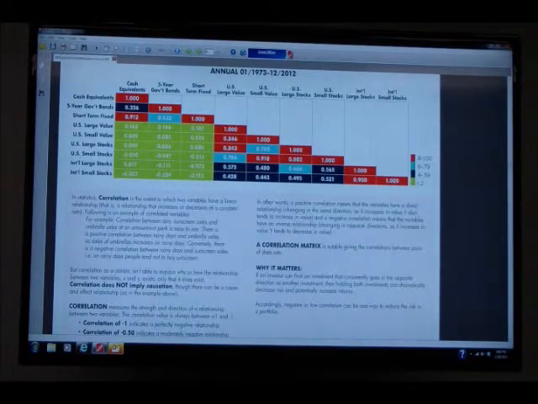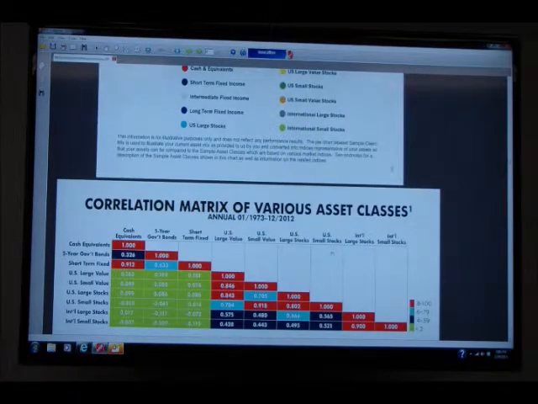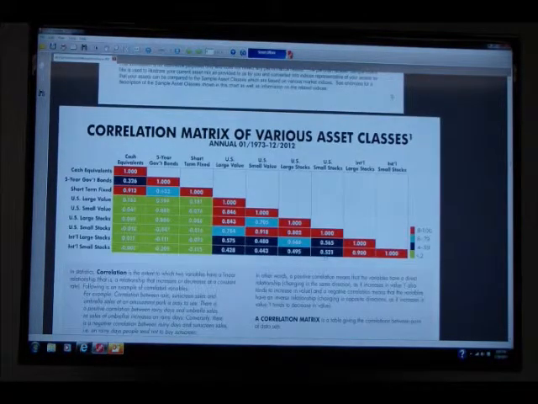That's the whole range of correlation, and you don't want to have too much to one side, because then it is not as diversified. So this is all about diversification, and this just shows that by having all of the assets that are actually engineered in these portfolios,